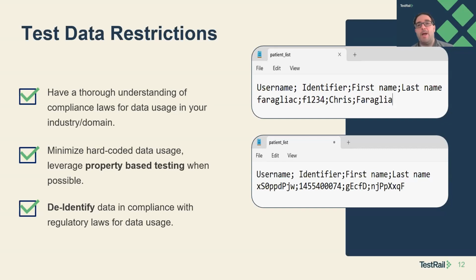I just did this in TextPad. This is not real information, but you can see at the top, maybe this is some type of delimited file that has a list of patients. So you'll see my name, maybe there's a username for a system, maybe an identifier, and let's pretend this is in a medical setting. I called it a patient list. Maybe it's a medical record number or an MRN,